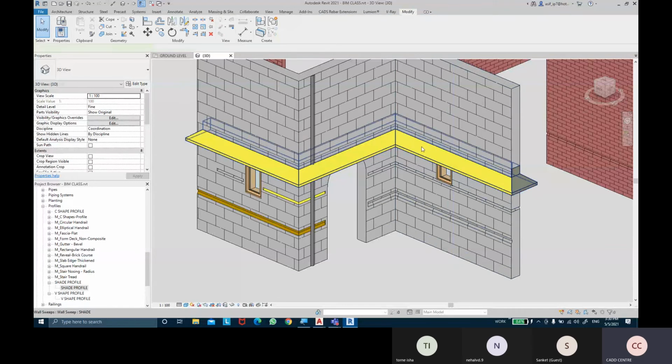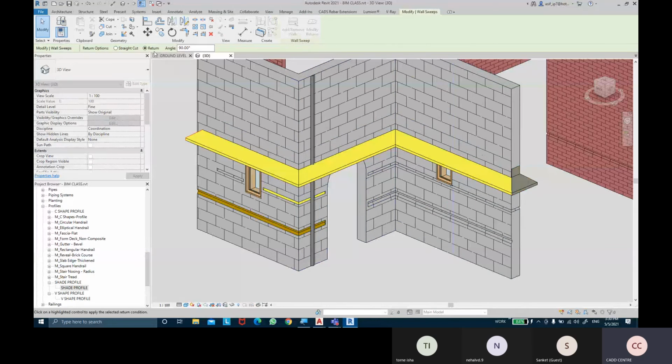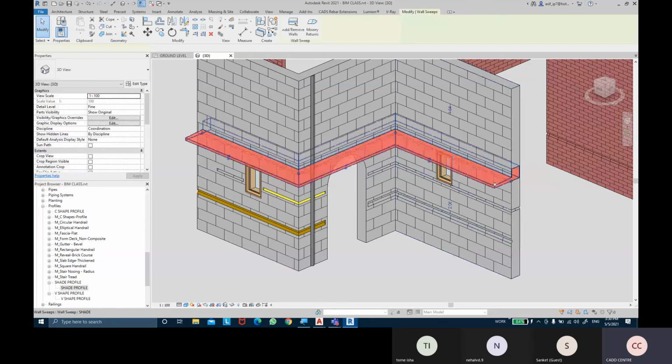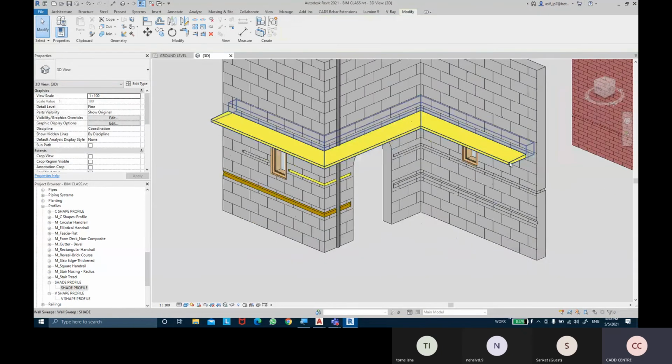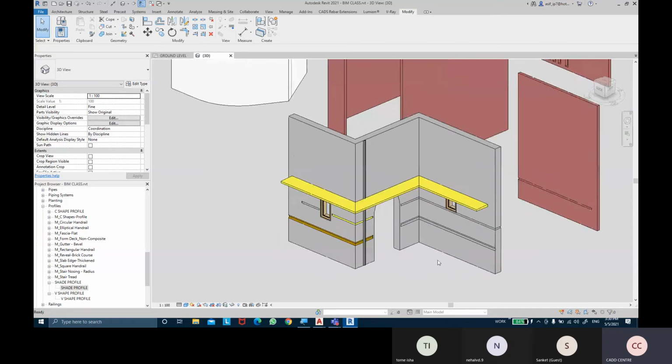If you want to return it, you can select it and use return, straighter cuts. Drag this point a little back to there. So that's wall sweeps and reveal from the wall parts.